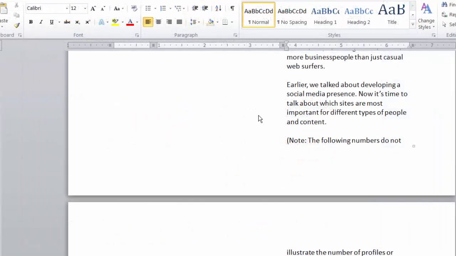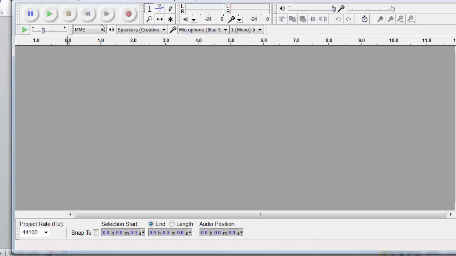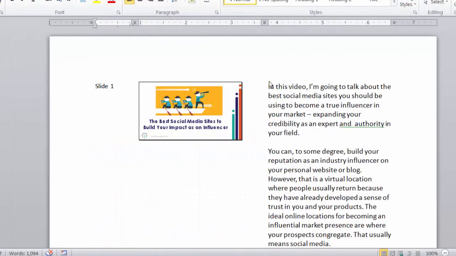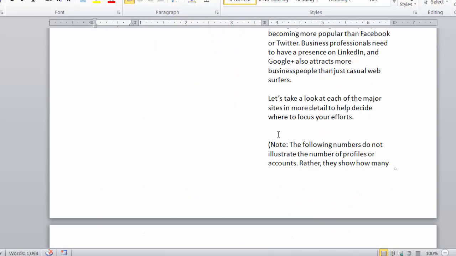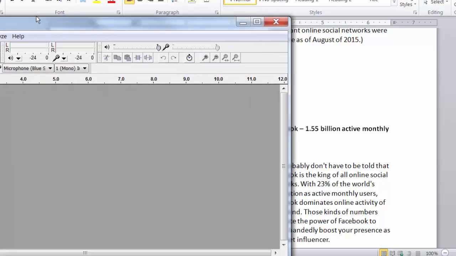Now I do have another blog post and tutorial on how to record your audio in Audacity and create it as a video, so I won't go through that in a lot of detail here, but basically what you'll do is open up your notes, then fire up Audacity, which is a free recording software, and you'll move it out of the way so you can see your notes, but you'll just click on the record button, and then you'll start talking through your notes, and it'll just record as you speak through all of it,